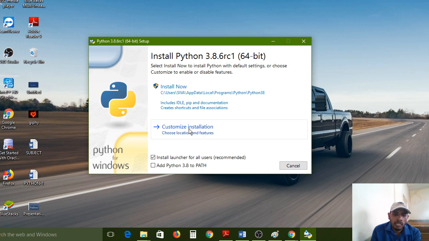Customize installation. And before that I need to add the path also. Add Python 3.8 to path. The path is also very important. If you put this mark, then the path is automatically added to the operating system, so then only the Python software will work properly. If you uncheck this, you need to give the path explicitly by yourself.